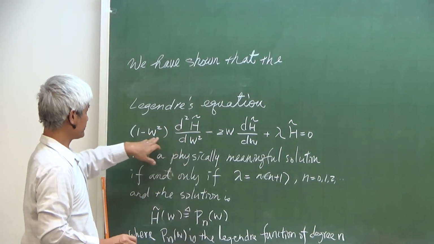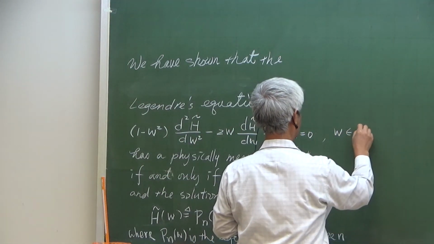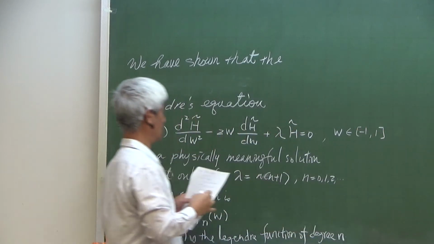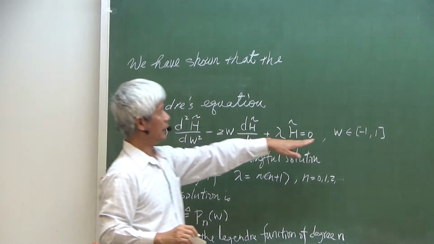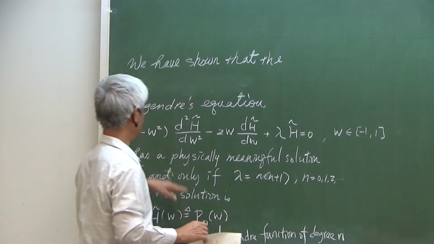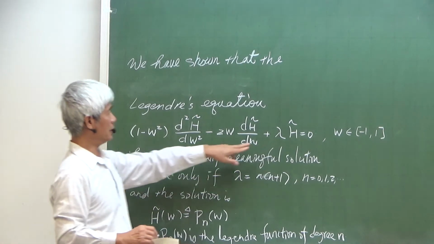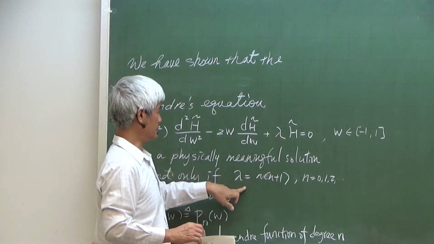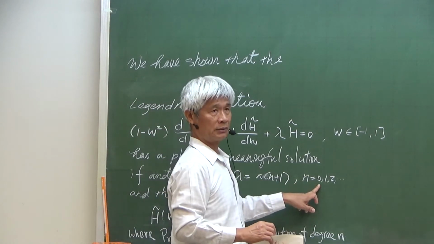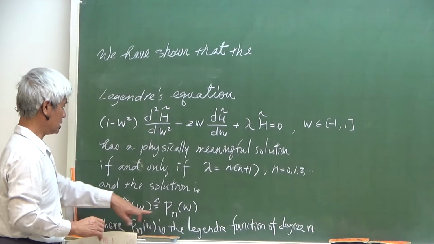Means that at the two endpoints, at w equal to -1 or w equal to 1, the solution has finite value, if and only if the parameter lambda is equal to n times n plus 1 for any n which is a non-negative integer. And we also show the solution actually is equal to